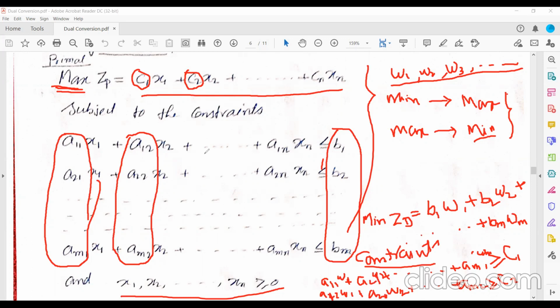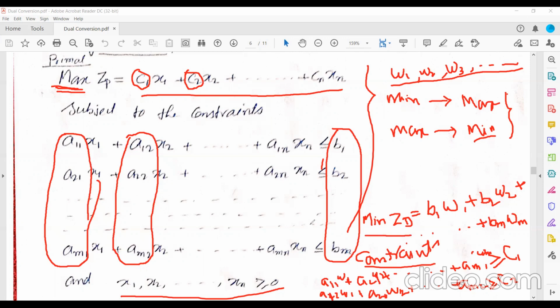So is that clear? So how to write from primal to dual? From primal, first you need to convert into what? Standard primal. After converting into a standard primal, you need to convert into what? Dual. So while writing dual from the standard primal, this constant vector you need to consider while writing the objective function for the dual LPP.